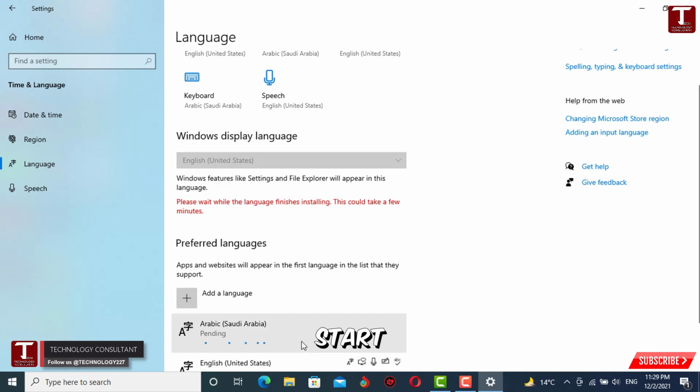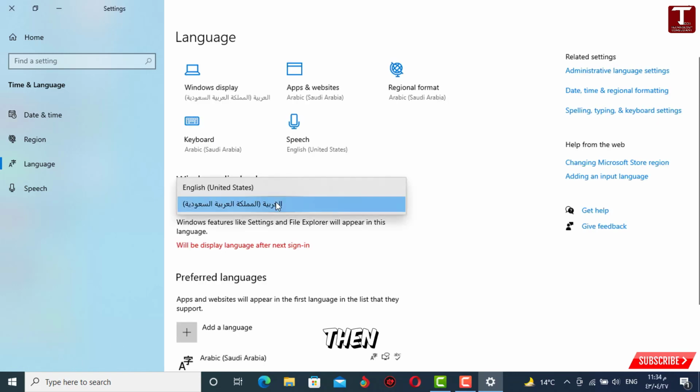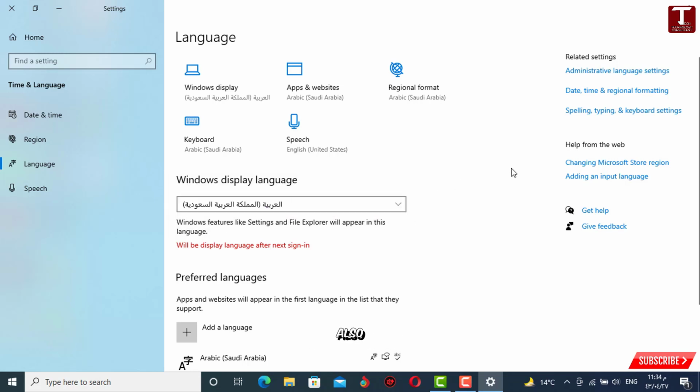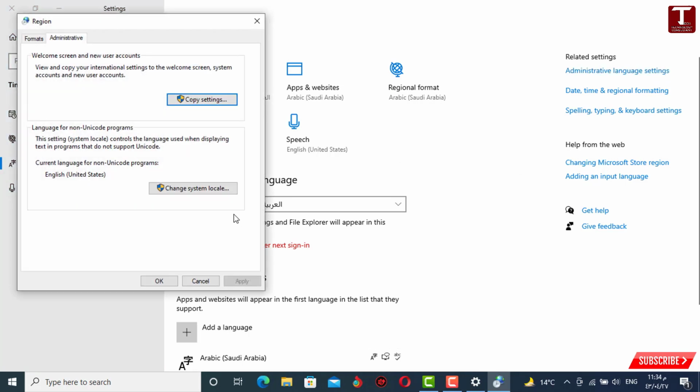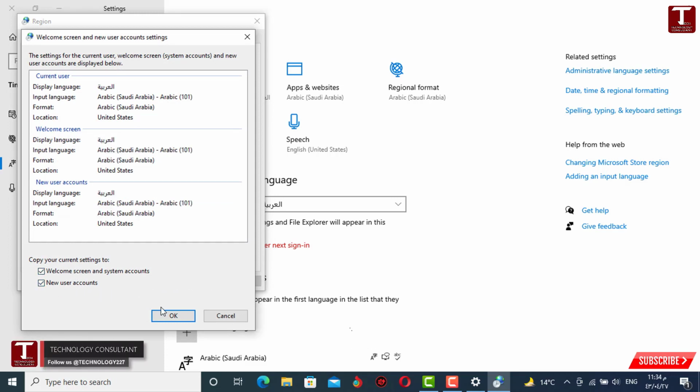So it will start installing your selected language. You have to wait for a while, and then here you will find your updated language along with English, the new language. Also select that one and click on Administrator Language Settings. From here click on Copy Settings. Check these two boxes, click OK,